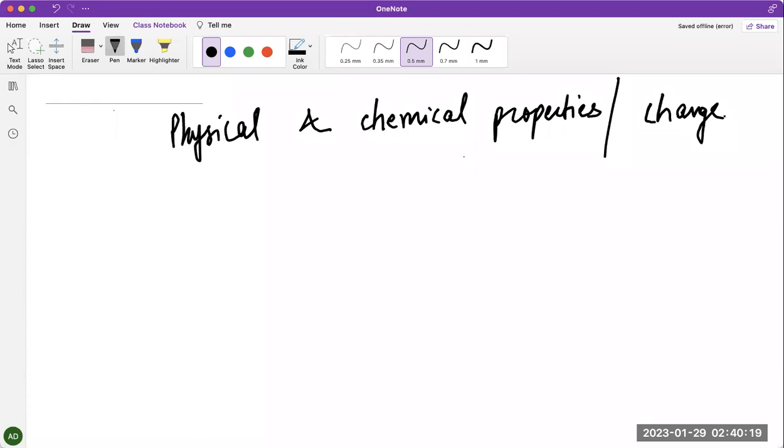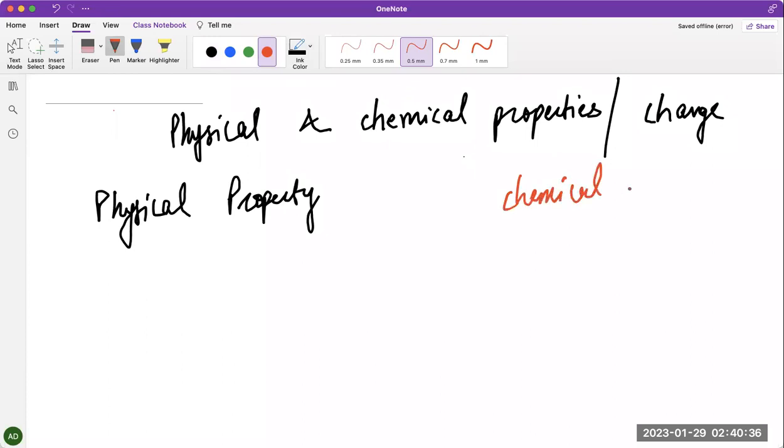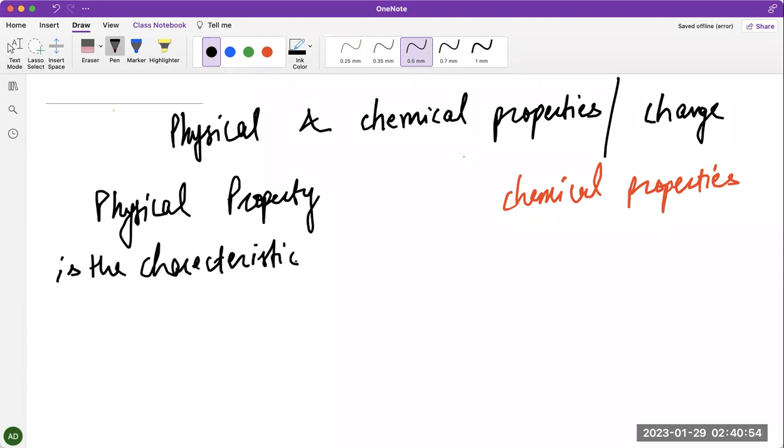So physical and chemical. Let's take it very simple first of all. Think of the properties. Let's make a table for physical properties and then a table for chemical properties. Think of the properties as the characteristics. So a physical property basically is the characteristics. Think of characteristics as the features. The characteristic that describes